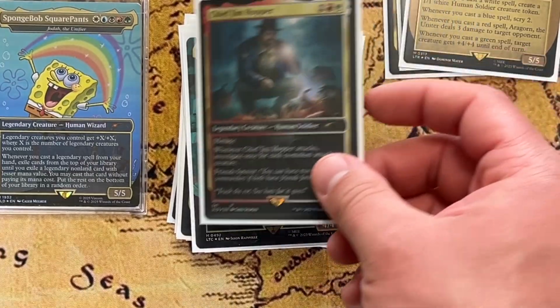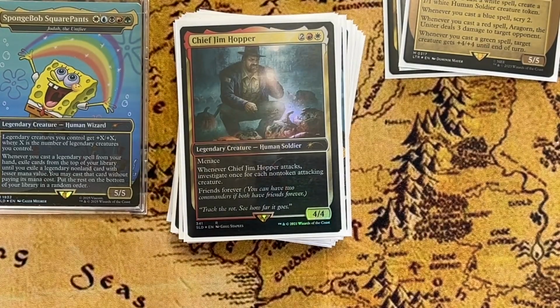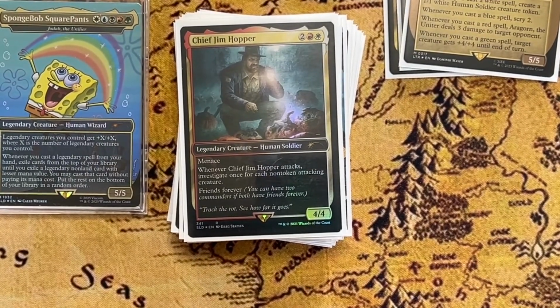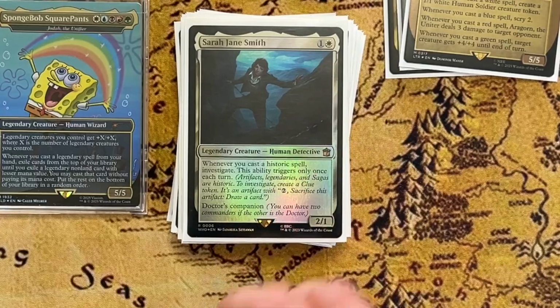Then we have, I believe, our first Stranger Things card. We have Chief Jim Hopper. He's a 4/4/4 with Menace, and when he attacks, investigate once for each non-token attacking creature. And he's got Friends Forever. Then we have another Doctor Who card, which is...